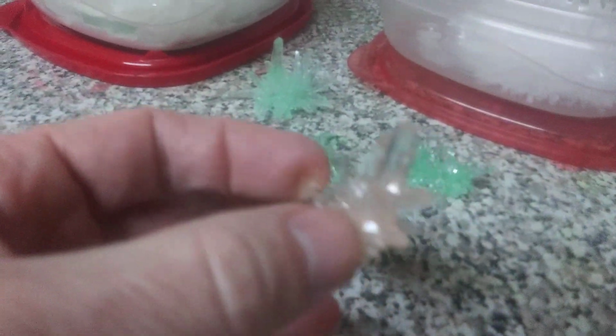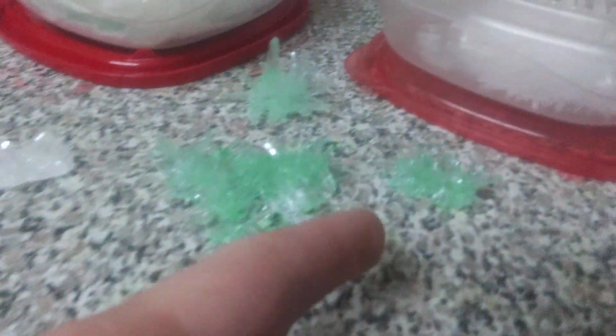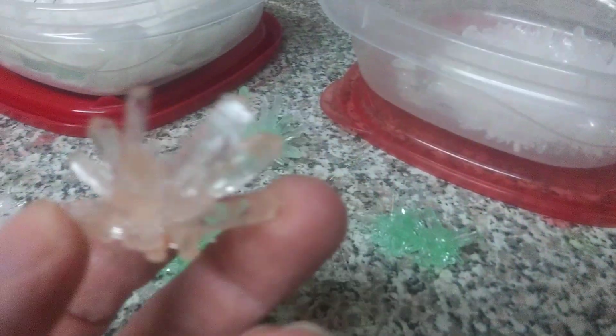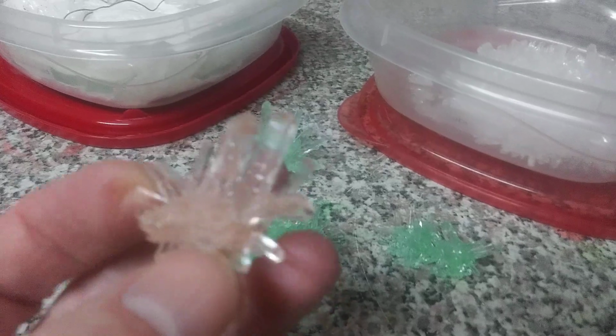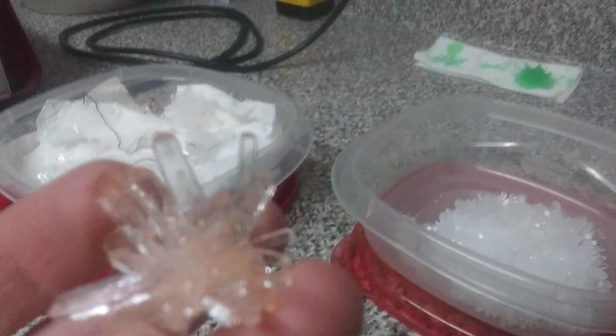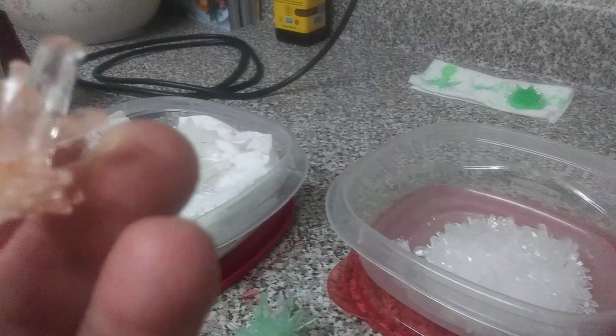This one I love. This one is a peachy color. It was supposed to be red. The bowl was, as you noticed, some are lighter than darker. That one's really dark. You have to use apparently a lot of food coloring. Even though the whole thing was completely red, it came out looking peachy. But again, absolutely beautiful. I used one that wasn't that many, and they grew. And again, they're about an